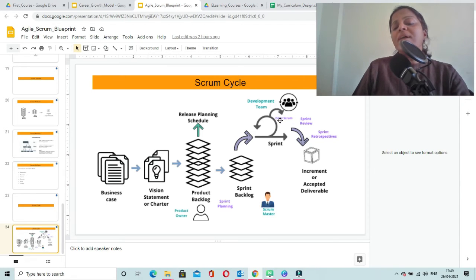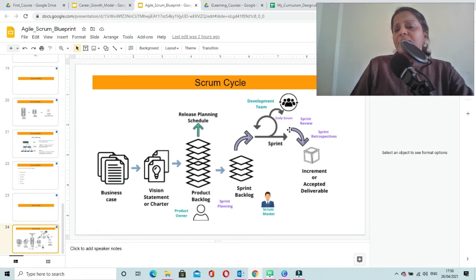In this sprint, the developers work together and decompose these user stories into tasks, and since they are self-organized, they carry out all the activities and tasks themselves. They also conduct an event called Daily Scrum, also known as Daily Stand-Up Meeting. This meeting helps them to understand what all things are going on and what issues they are facing. They discuss with each other and try to come up with some solution.